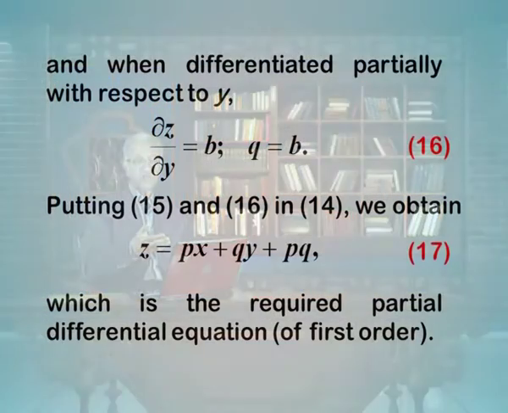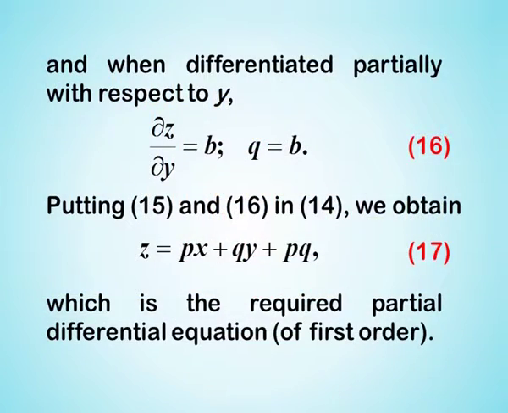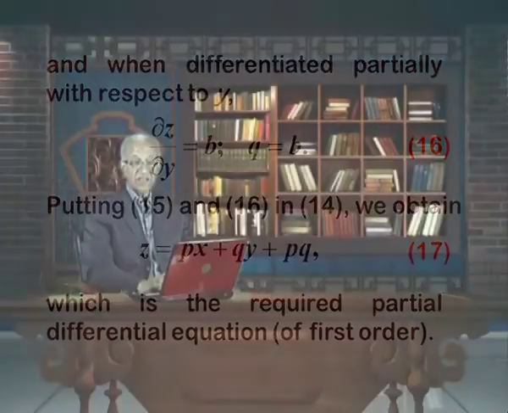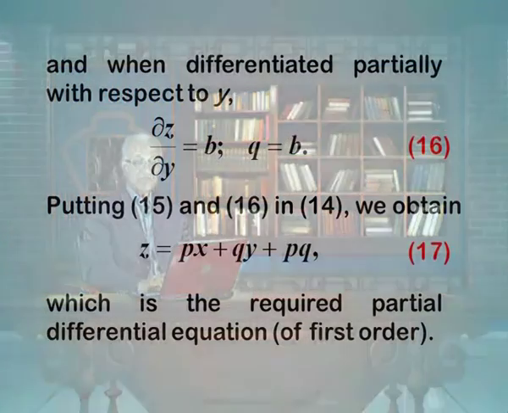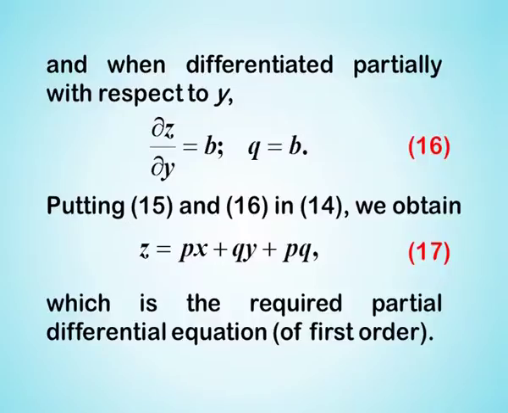And when differentiated partially with respect to y, the same thing happens here. Differentiating partially with respect to y, we mean keep x constant. Going back to equation 15 or equation 14, we have this becomes equal to, and for this again, dz/dy is written as q. The first notation that we are familiar with. Now putting 15 and 16 in 14, we obtain,